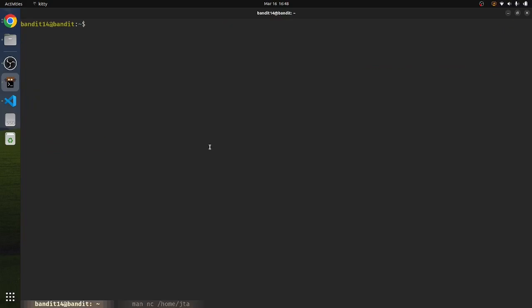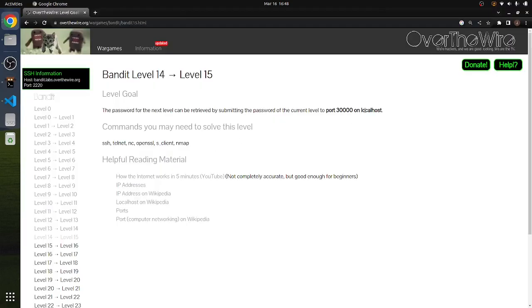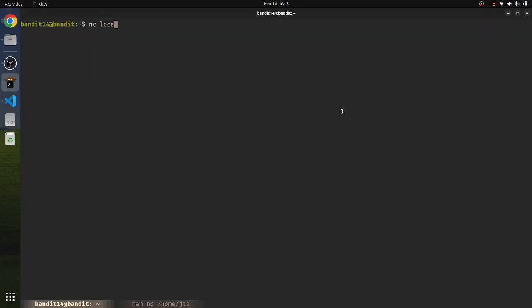And so logged on to bandit14, we're going to do nc, and it's saying to do it to localhost port 30000. Localhost 30000. Yeah. So it doesn't really show anything, but if we submit that password, it says correct, and gives us the new